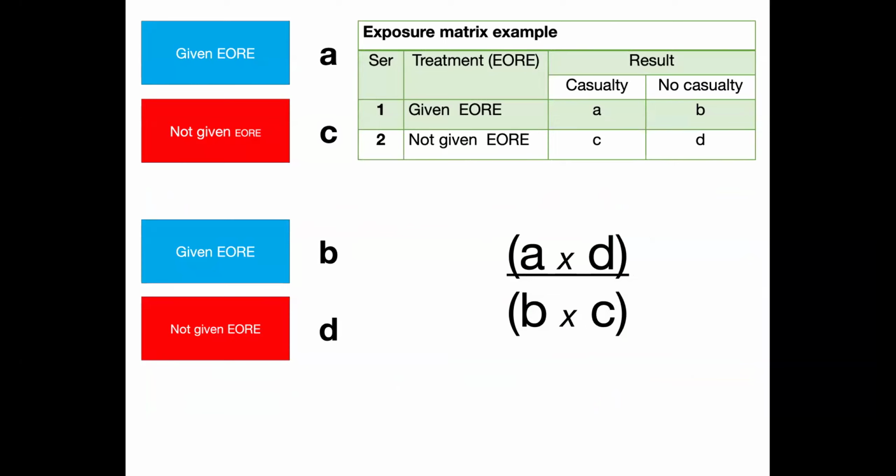So this could be smoking and cigarettes. This could be 5G phones and brain cancer. It could be any of these things where people are trying to understand if there is a connective relationship between exposure and an outcome of interest. So if you are given risk education and you still become a casualty, you're group A. If you're given risk education and you're not a casualty, you're group B. And similarly, if you weren't given risk education, maybe you're a casualty, maybe you weren't. And that's the calculation we use.